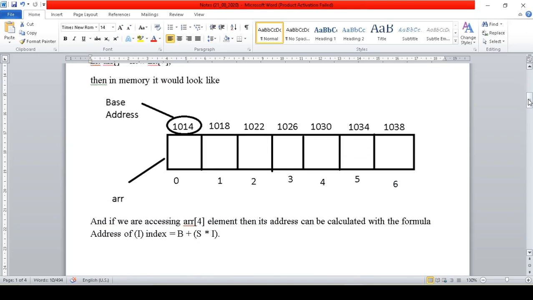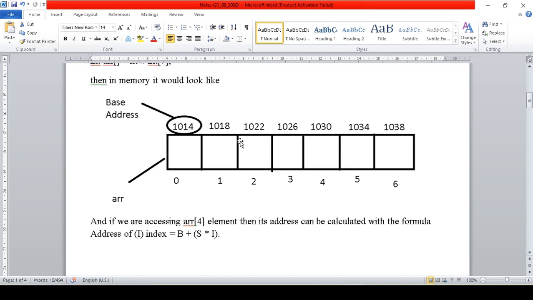We know that right now we have created an integer type of array, and each integer variable stores 4 bytes in memory. Okay, so that's why I have started with 1014, and the next location is 1018. It's not 1015, though it is a consecutive location, but it is 1018. Why? Because this location is integer type, so it will store 4 bytes. So 1014, 1015, 1016 and 1017 are the 4 locations, which are the 4 bytes stored in this location. Hence each location will be of 4 bytes. So the next consecutive location will be 1018, then the next one will be 1022, 1026, 1030, 1034, 1038 and